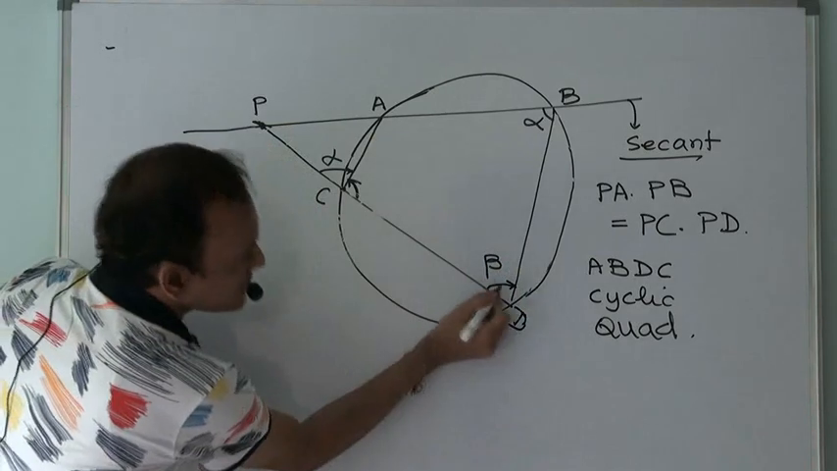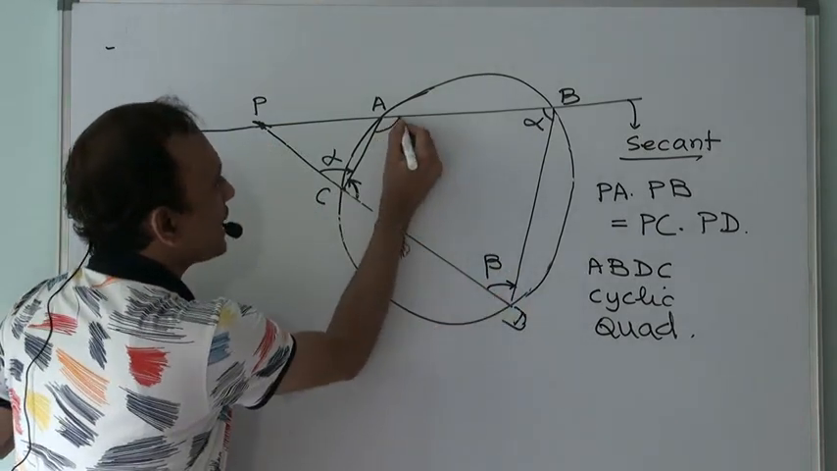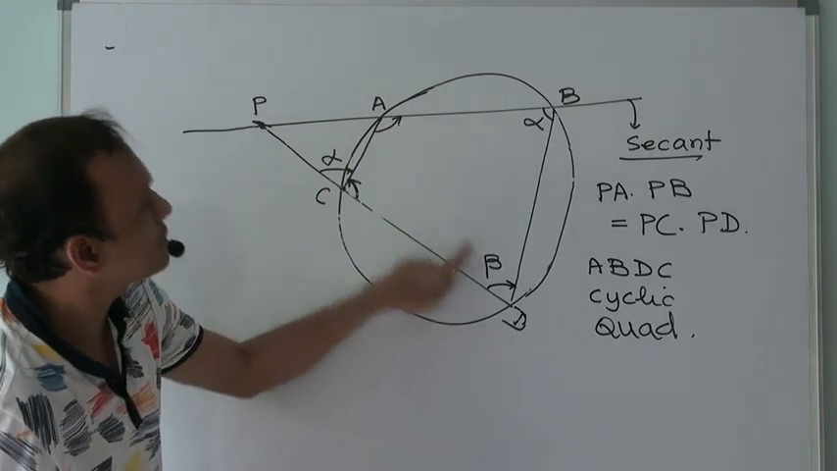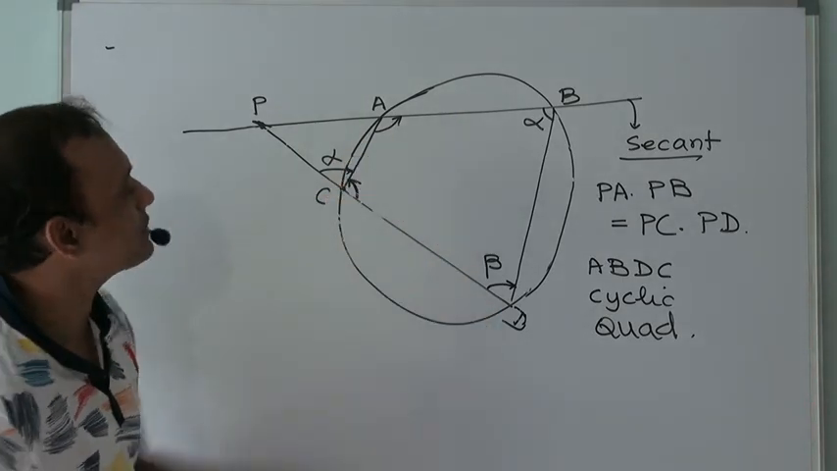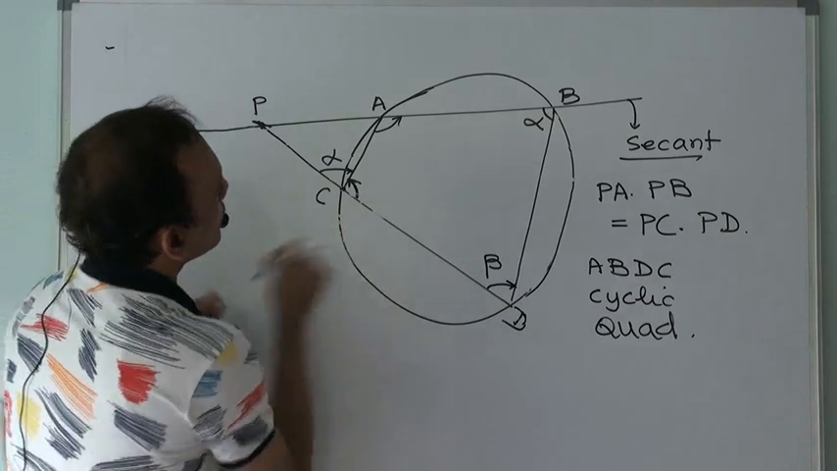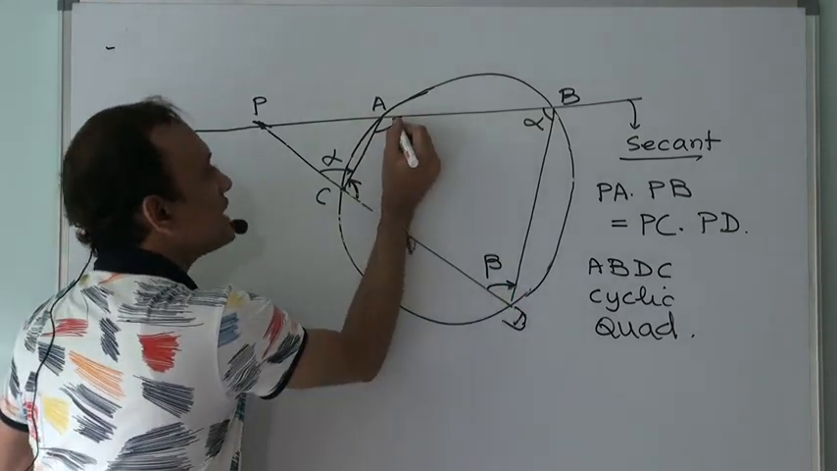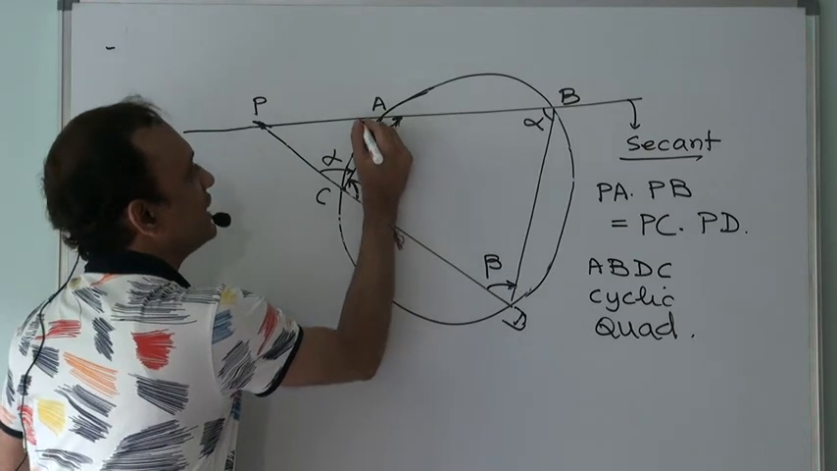Right. Similarly, if this angle is beta, then this angle beta plus this angle is 180 degrees, because opposite angles of a cyclic quadrilateral are supplementary. That means now if this angle plus this angle is 180 degrees and if this angle plus this angle is also 180 degrees,